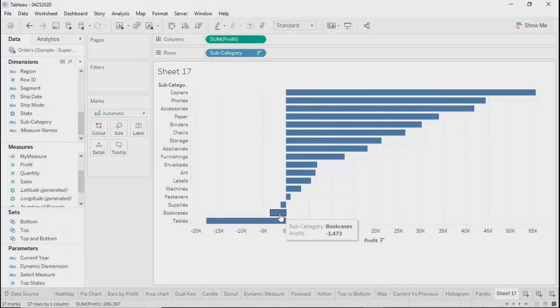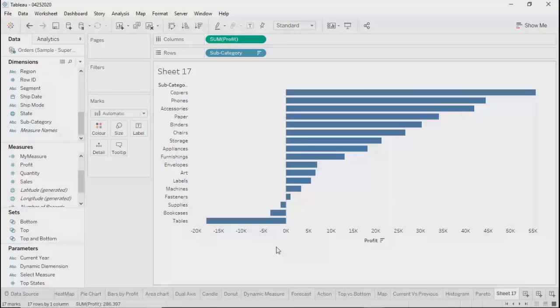While doing the analysis, let's focus on high performing categories. Let's say my focus is to represent high performing subcategories, which means I really don't want to focus on low performing categories,